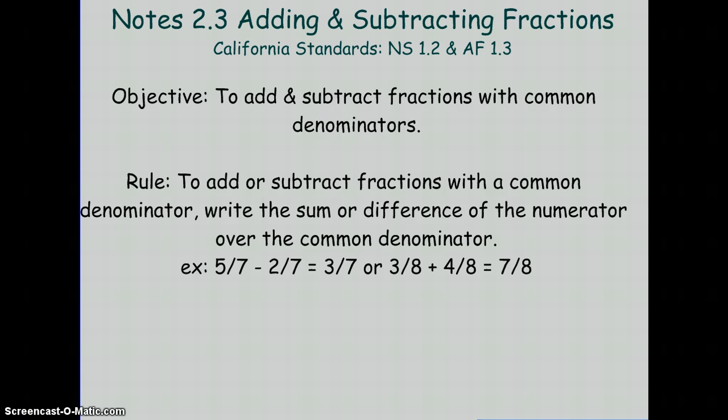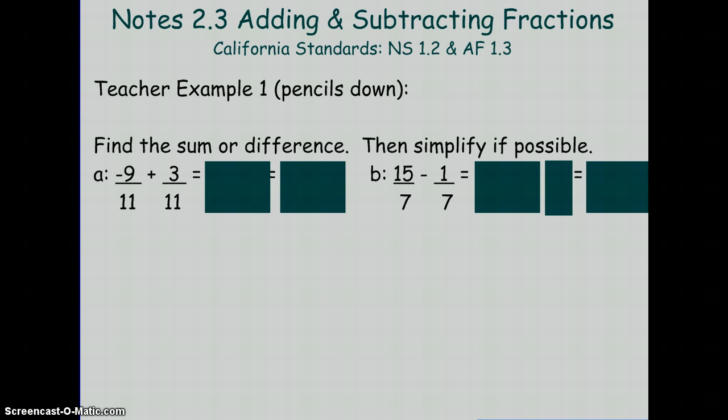Let's take a look at teacher example 1. Nice basic ones. Notice, however, we've stepped it up a little bit from 6th grade because now you have your negatives in there. So problem A says, it's an addition problem, but we can see we have one negative and one positive, which tells us we're secretly subtracting. So we're doing negative 9 plus 3, which is the same thing as saying 9 minus 3, which we know is 6 over 11. Now in this case it is going to be negative 6 because the negative has a